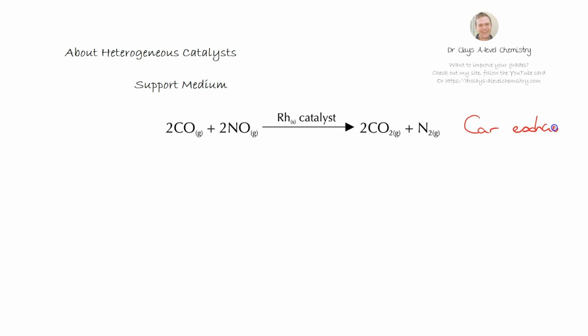Now, this highlights a point that they do want us to be aware of with heterogeneous catalysts, that we often use a support medium. In other words, we have here a rhodium catalyst. Now rhodium is very expensive, and to make a large lump of rhodium would be quite an expensive and pointless activity. So what we do is we use a honeycomb support,